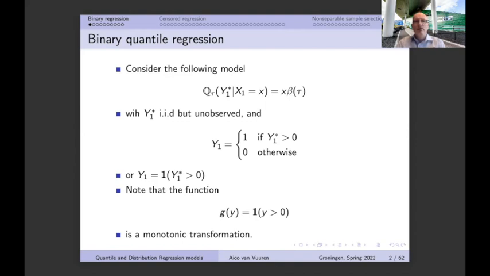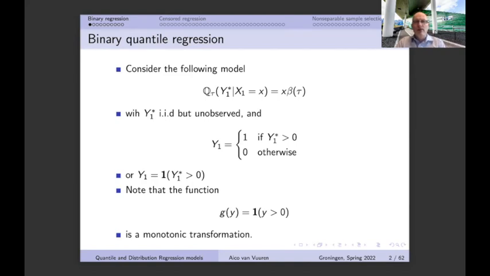The moment that we are going to have a population in which the percentage of zeros is more than 50%, then at the moment that we're going to look at the median, it is equal to 0. And at the moment that the number of zeros is less than 50%, then it's simply the case that the quantile is going to be equal to 1. But that's going to be quite difficult with respect to regression analysis.